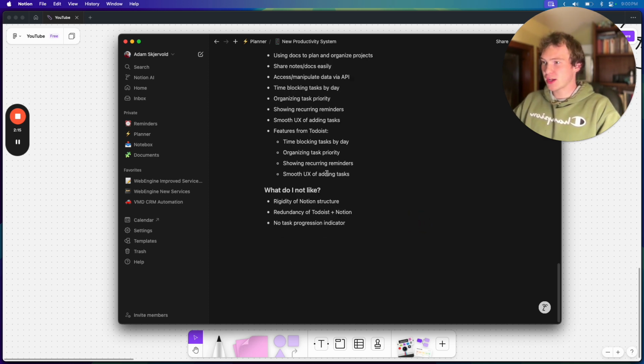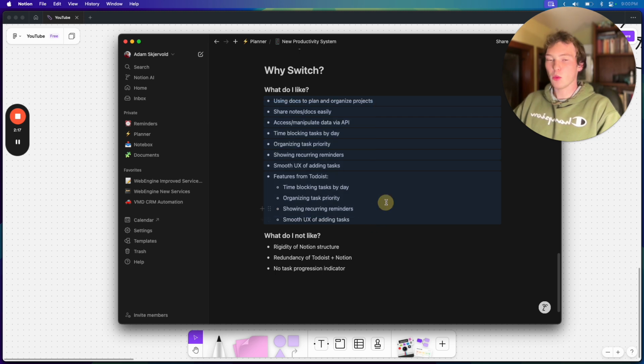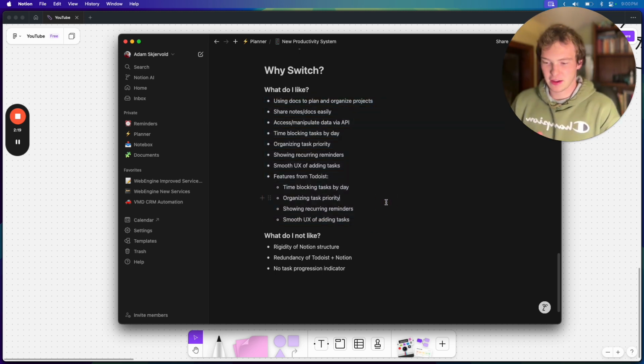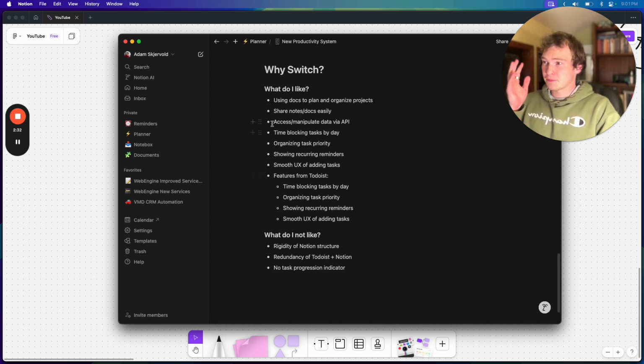And I basically wrote down all the things that I do like, that I don't want to lose, because oftentimes if you see a cool tool with some cool functionality, you might try out that tool. You might like it a bit, but then you'll realize it's missing something from your old system, and you switch back, and boom, you've already wasted 2 or 3 hours. And so I wrote down what I do like, what I want to keep, and then what I do not like, and what I wanted to change.